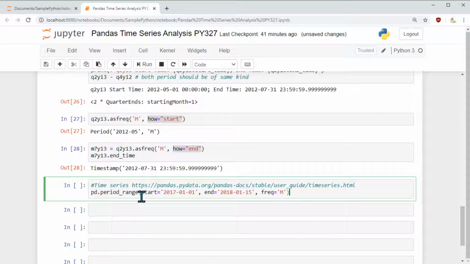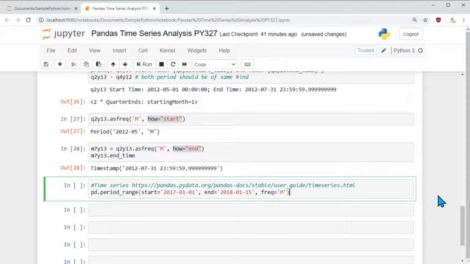So let's say we have a start date and an end date, and I want to create a period range. In that case, how can we do it? I know the start date and end date, and I know the frequency, so I know how many slices I need to make, right?